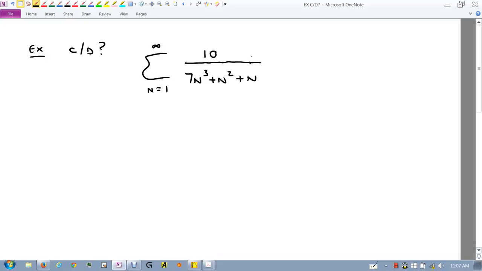The long-term behavior, as n gets big, the n squared plus n on the bottom aren't really going to factor in when n's big enough. I mean, we'd have to get to really big n's for these to be insignificant. But again, this would overpower these two. So really, this looks a lot like what? Maybe I compare it to, imagine the n squared and the n weren't there. It'd be something like 10 over 7n squared. Oh, sorry, cubed, which is same as 10 over 7